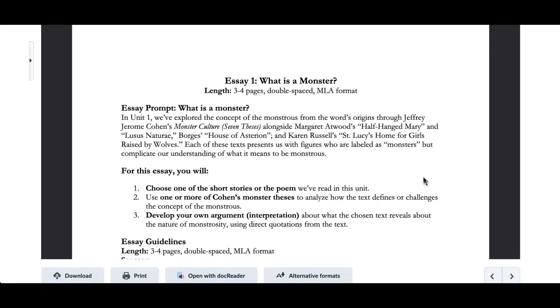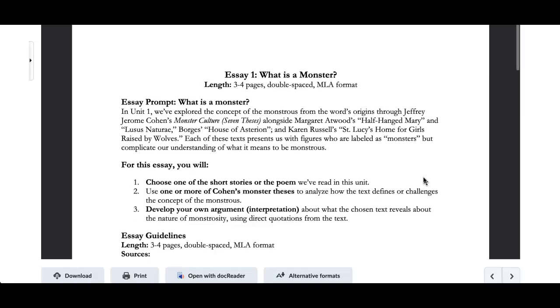And of course, each of these you've found are going to include some character that is something that is monstrous, labeled as monster. You may argue who the monstrous is. That in itself is an interesting thing, right? We certainly know from Mary Shelley's Frankenstein that that is not a clear-cut characterization.